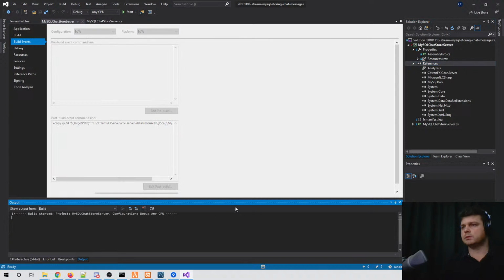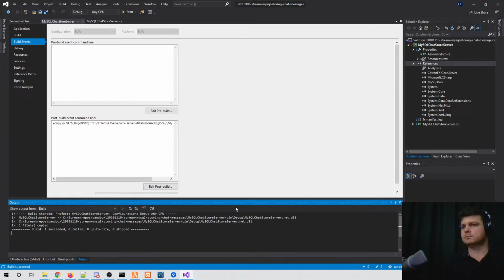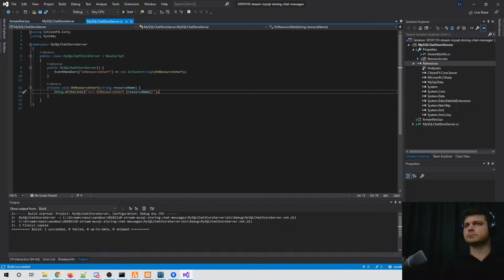Let's try to build it. Okay, and now it's time to write a simple MySQL connector. So let's go to the plugin class,